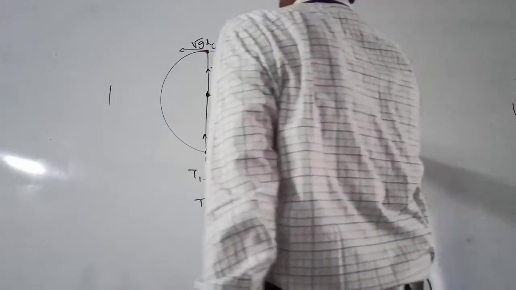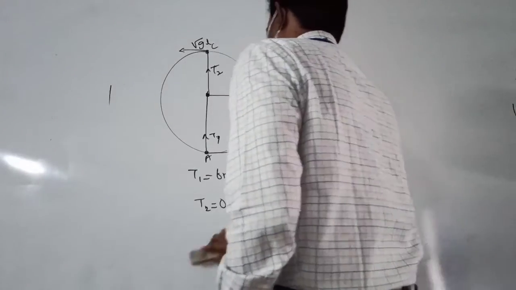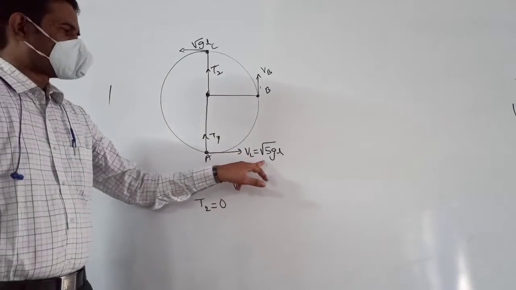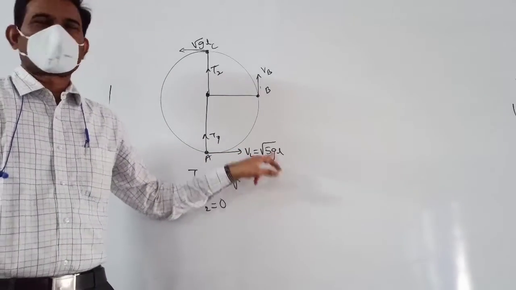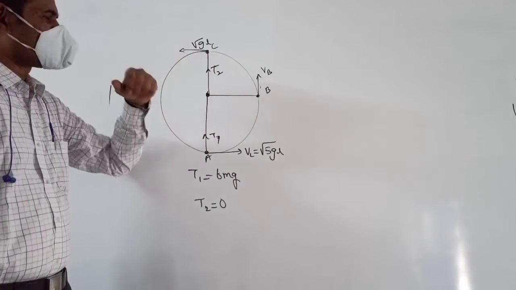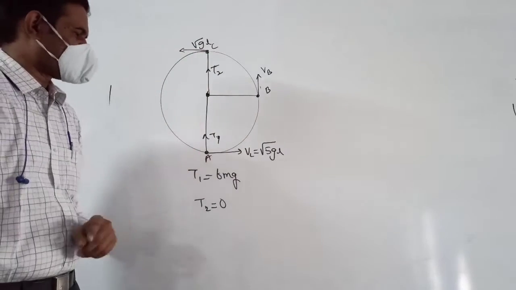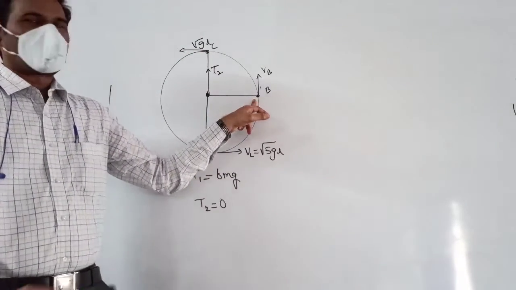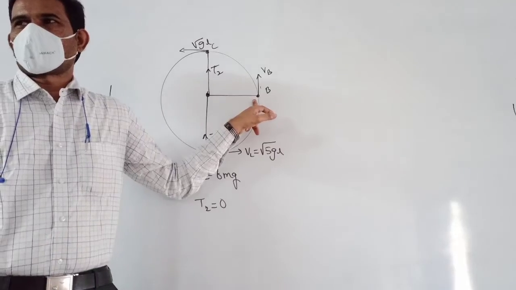Velocity at the lowest point is root 5gl and velocity at the highest point is root gl, just to complete this vertical circle. And now let us derive an expression for velocity when it reaches this horizontal position. For the same critical condition, that means we are taking that the body is just moving with the velocities which are just required to complete that vertical circle.